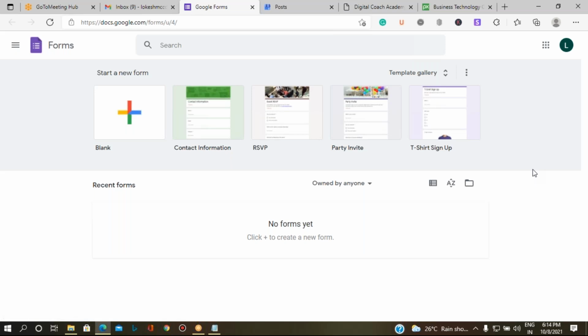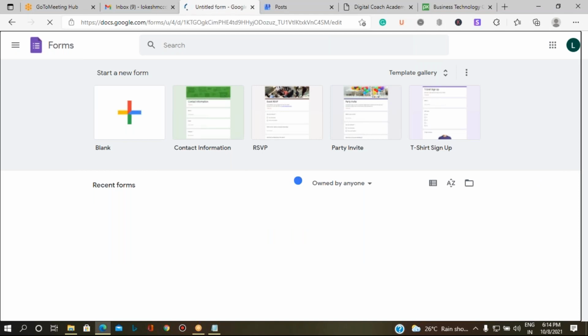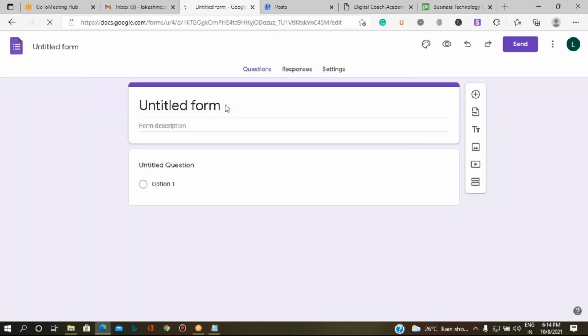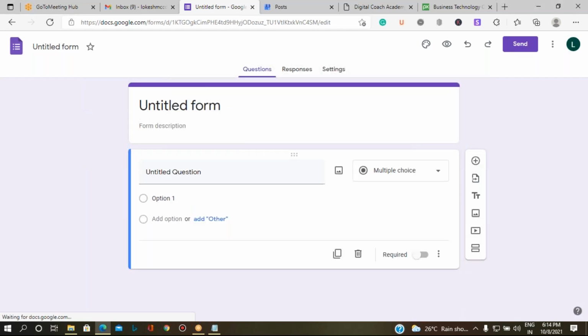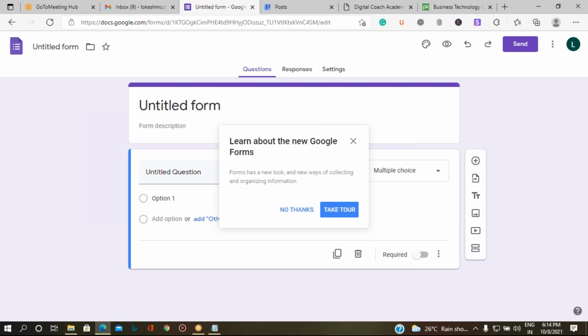But try to create a Google Form that will be used only for that particular purpose. Let me create one by clicking on the plus mark, and I am going to give this form the name SEO Pathshala event.